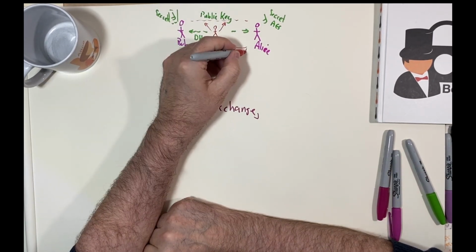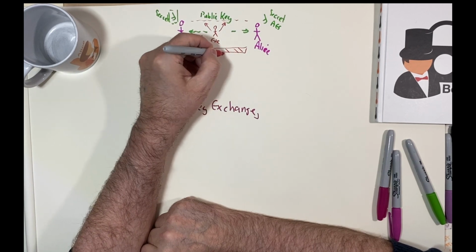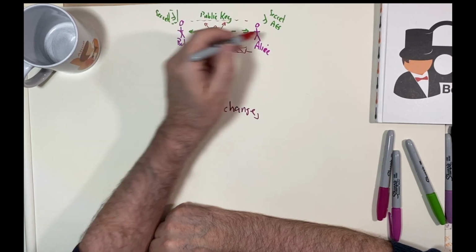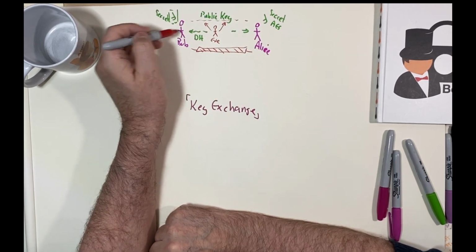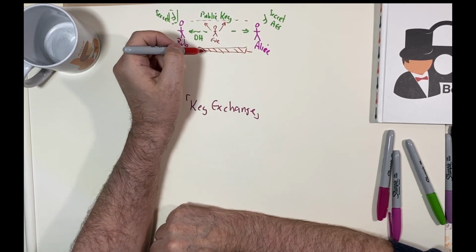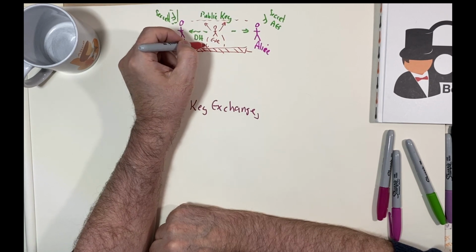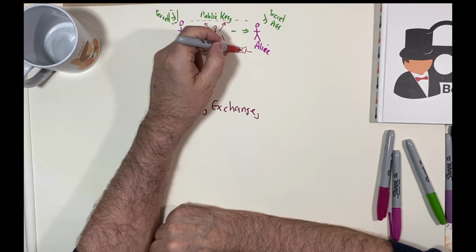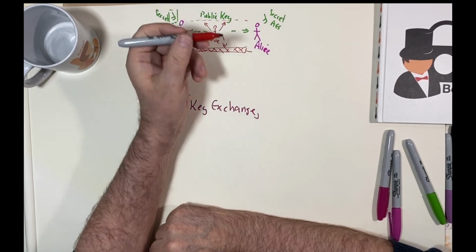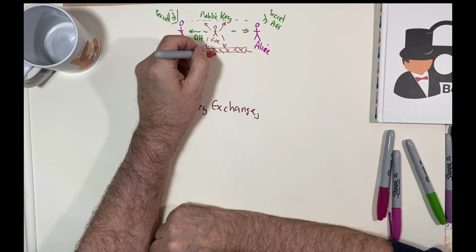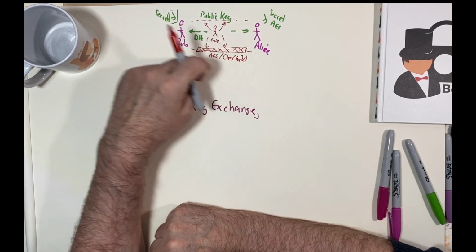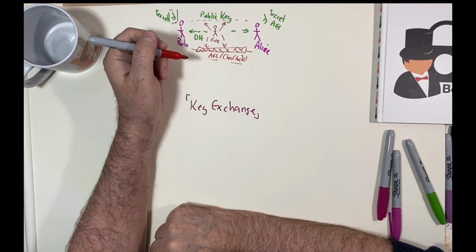Once it's created, we create what's called a tunnel, an encryption tunnel, and anything that goes into the tunnel is encrypted with the secret key. So as with symmetric key, then we just use the same key on either side to encrypt and decrypt. But even though Eve is listening to the communications, she shouldn't be able to break the tunnel because she doesn't know the secret key. And the secret key itself could be AES or ChaCha20, or really any type of method that we might want to use for symmetric key.